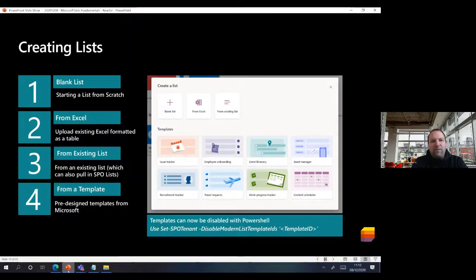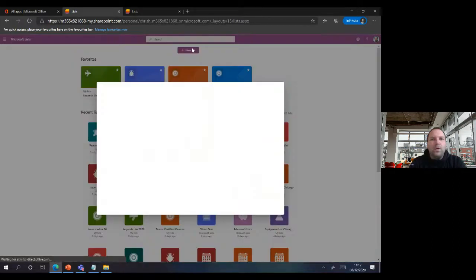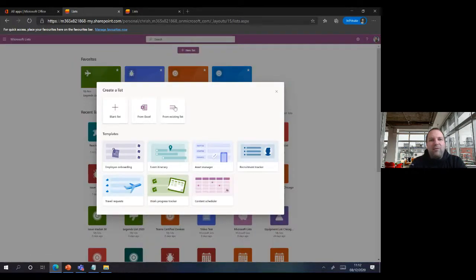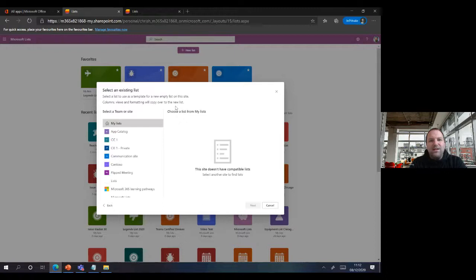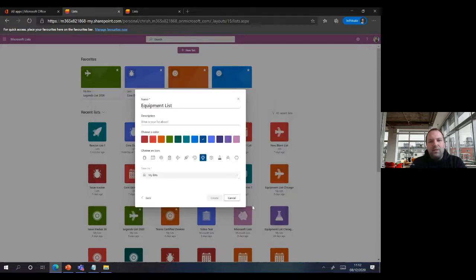Now, from an existing list, this clones the columns from an existing list into a new list. It doesn't clone the data. So this is really good in scenarios such as, I've got a new month, I need to do a new list from scratch. I want to use the columns, but I don't want to populate the data, for example. So I go to new list, and instead of blank or Excel, I click on from existing list. Then what I would do is I would clone from an existing list, click next,